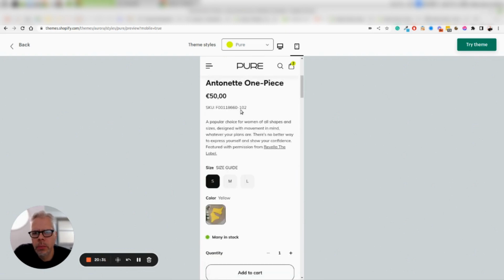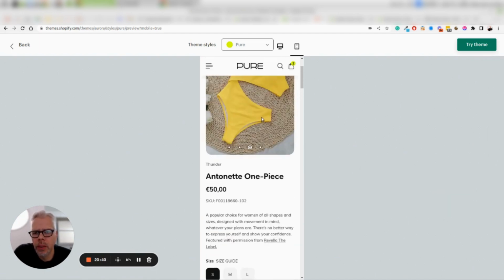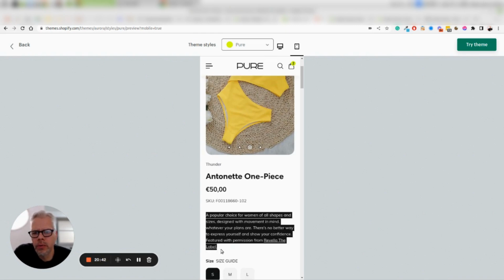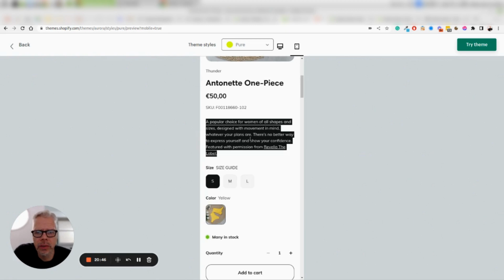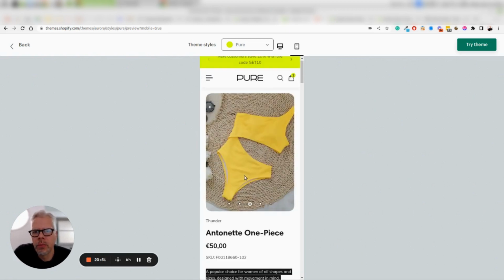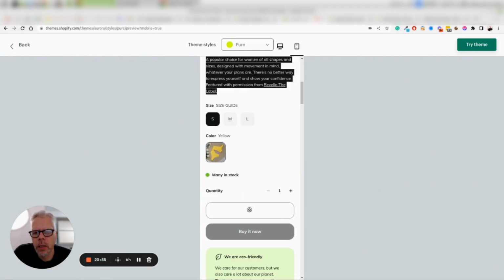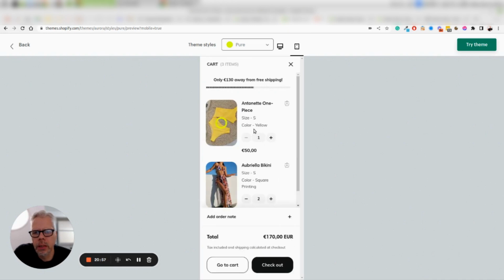What I'm missing a little bit, but you can do this in the back end, is having more long content text for the product description, if you have not enough space to explain what the product is about in this buyer's box. So that's something you can do in the back end. So we will go to that in a moment. And then let's see what the add to cart looks like here. Probably also a slider. Yeah, so we have a slider cart here taking us then to the checkout. So overall,